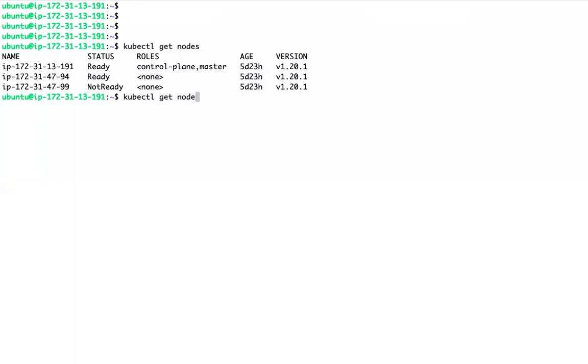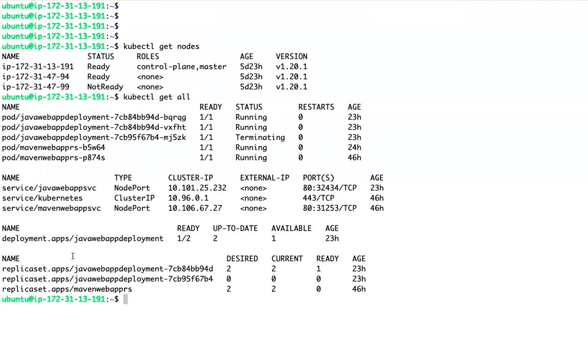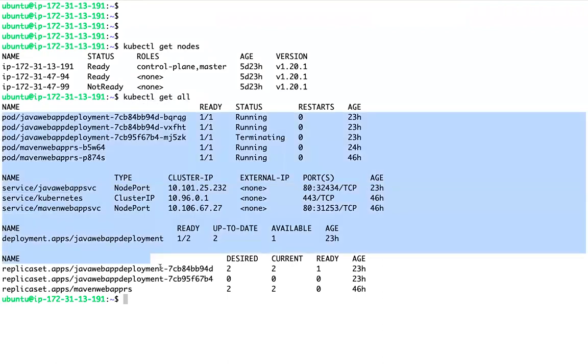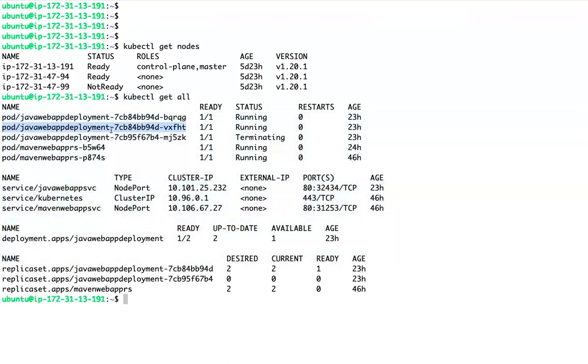We have these many nodes. We created a deployment yesterday, and the deployment created replica sets and pods.